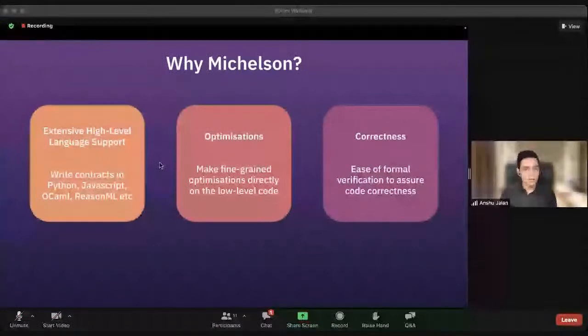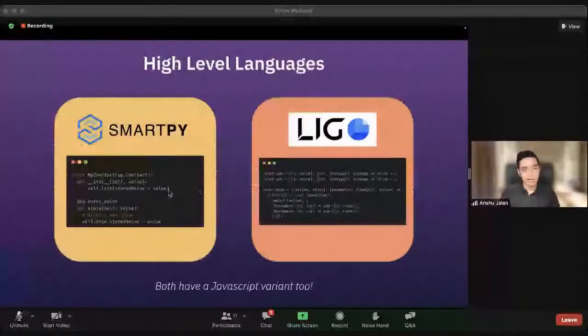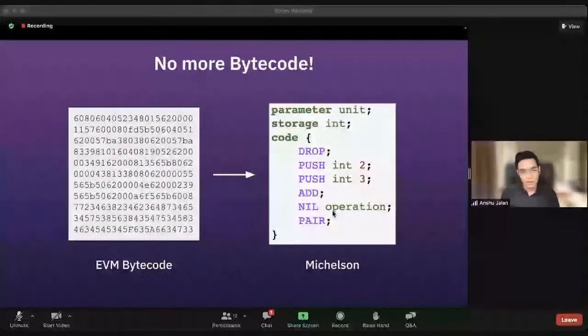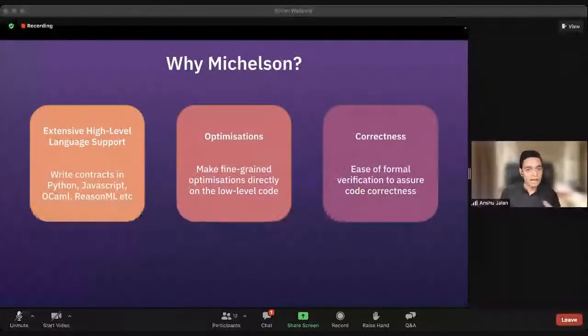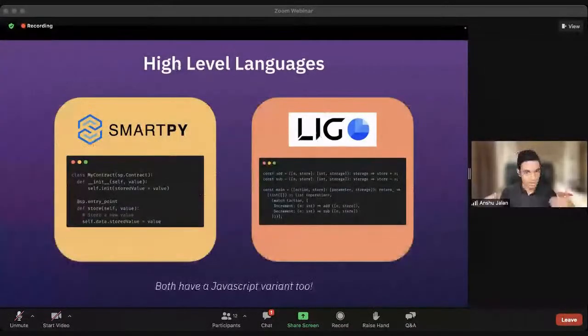So obviously you won't be writing contracts directly in Michelson because, I mean, if you start writing contracts directly here, it would be a huge file and not very manageable. So instead of that, we have high-level languages which compile